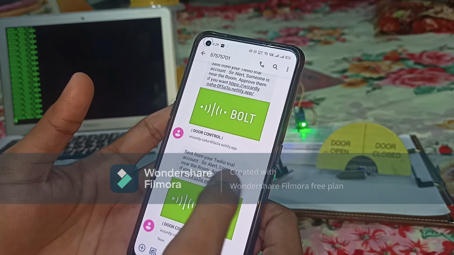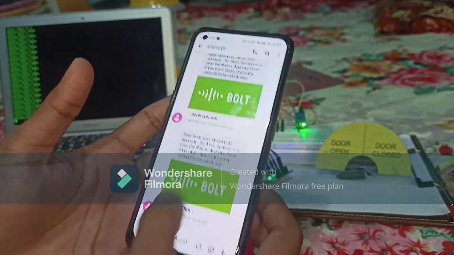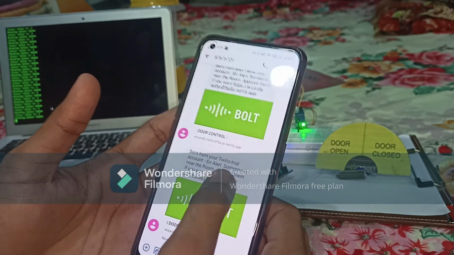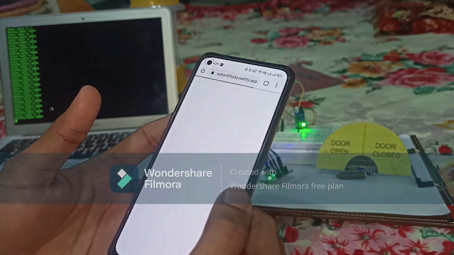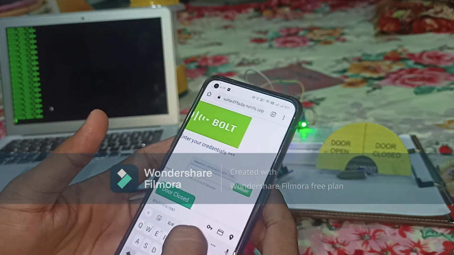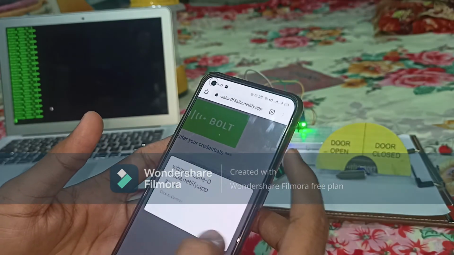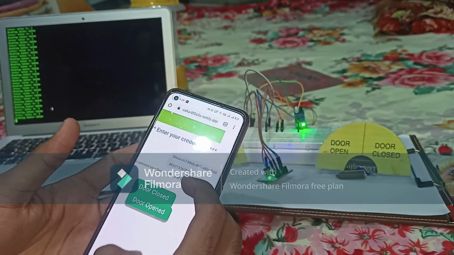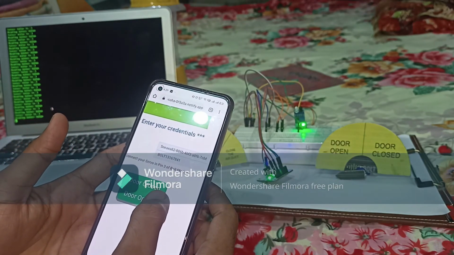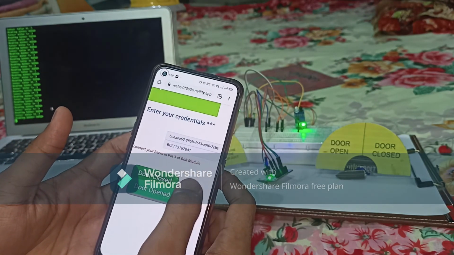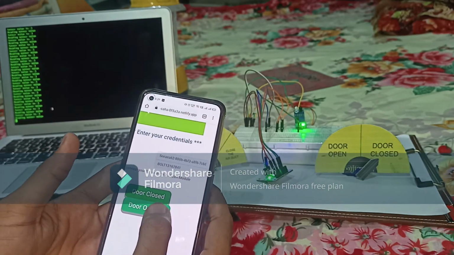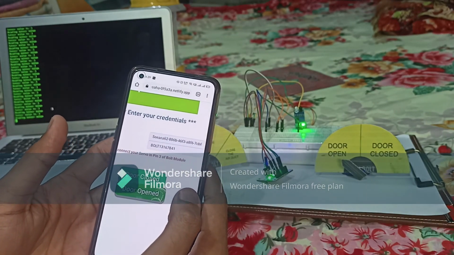that is sent from your Twilio trial account. Sir, alert, someone is near the room, approve them if you want. After that, I need to hit that URL. I need to fill in the API and device ID, and click submit. Now I'll be able to control the door. If I click on door closed, it will rotate the knob to door closed, and it will be like door open.